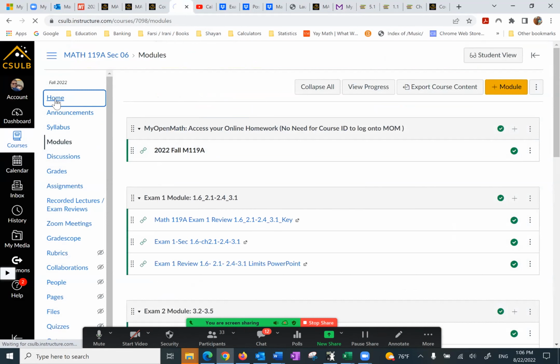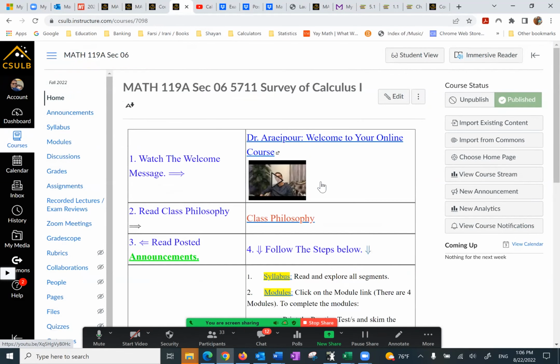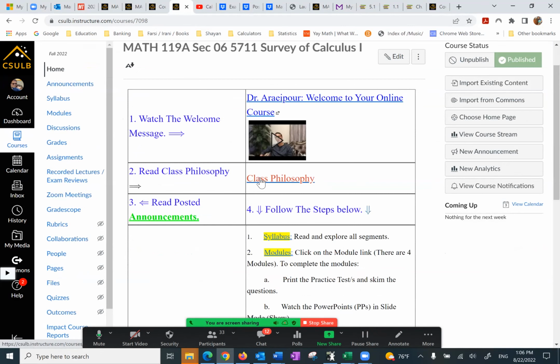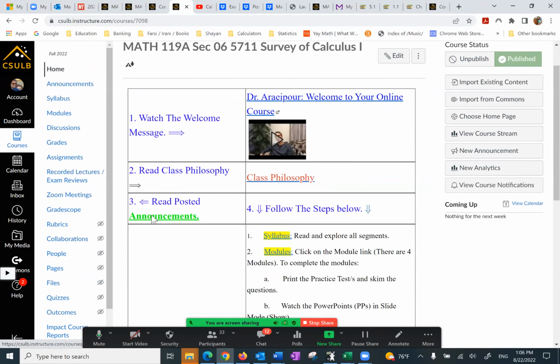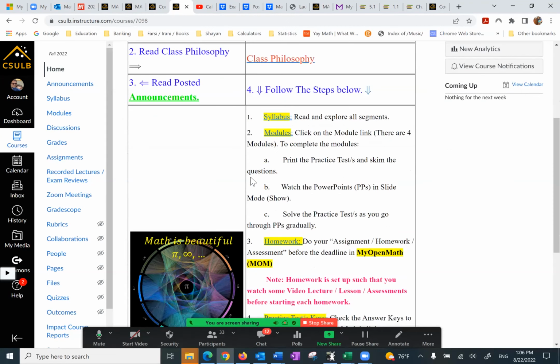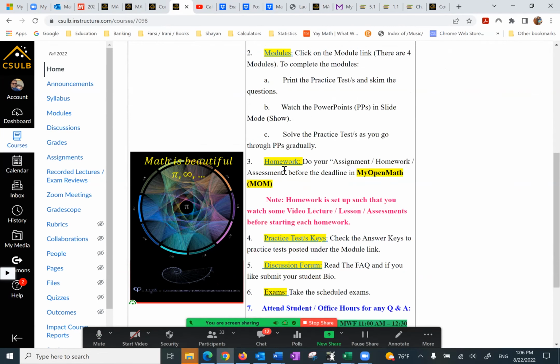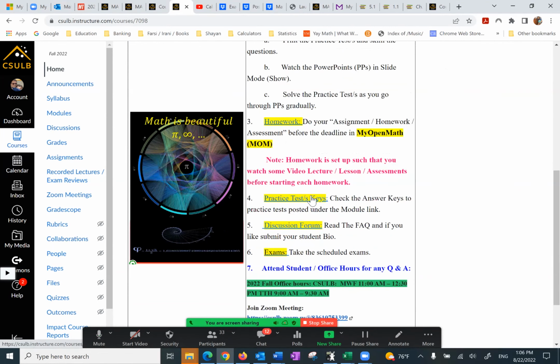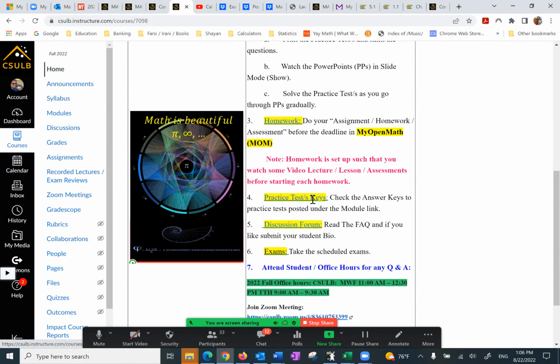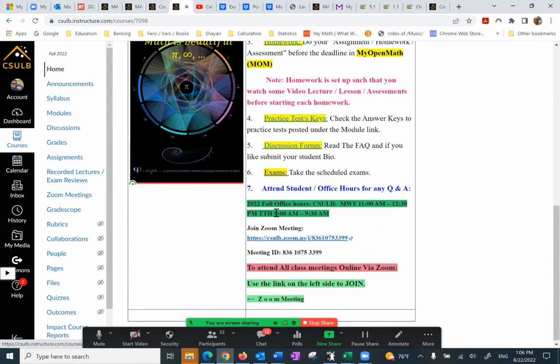So let me go back to the home page and recap the whole thing. You go to the home page of your Canvas. We have a welcome message, class philosophy, announcements, and under number 4, everything starts: the syllabus. Under the modules, you can find everything you need: practice test, PowerPoints, homework, practice test keys, and the exams.